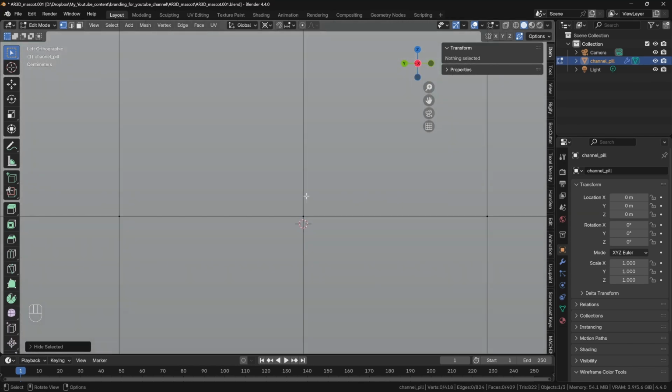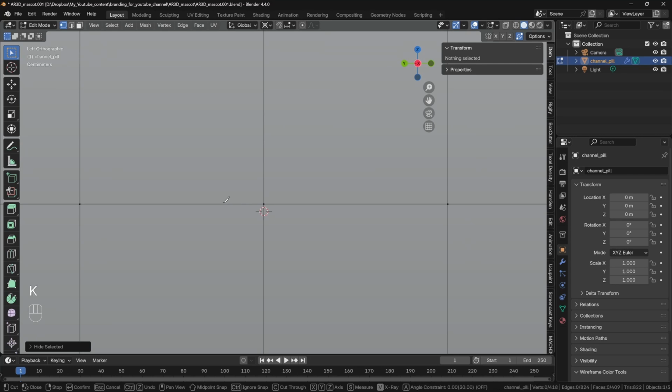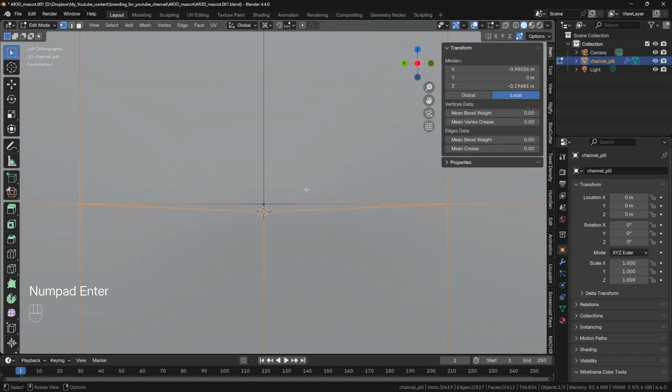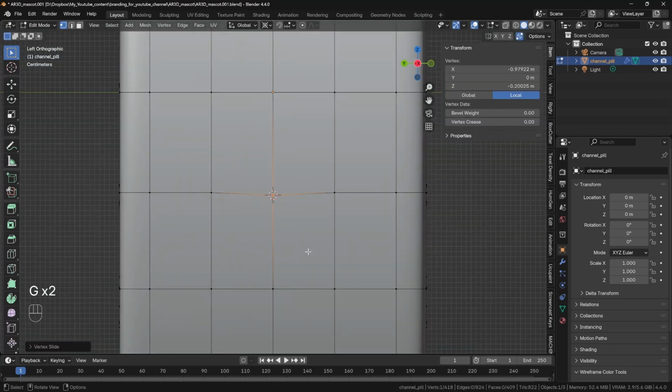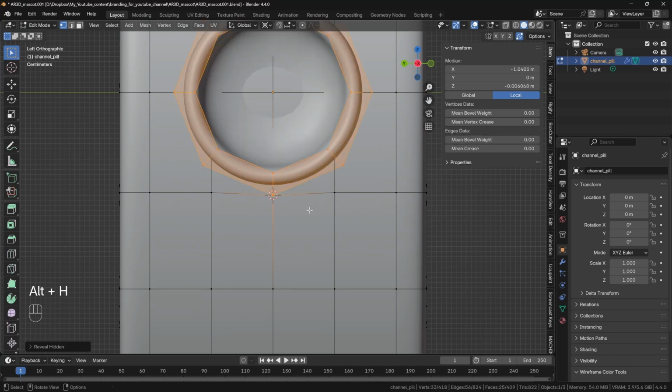It's a very minor tweak. I don't really need to do it. It's one of those things that is going to be barely noticeable. But I think I have a bit of OCD with things lining up. Okay, slide that down. So if I unhide everything,